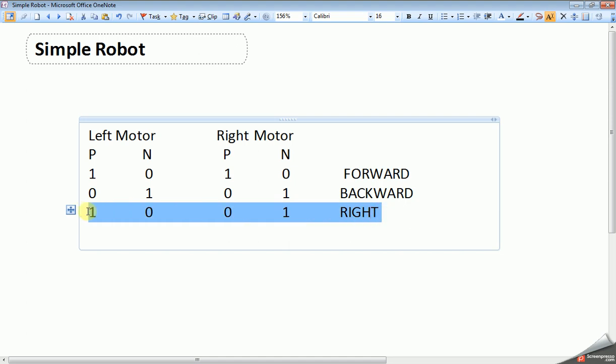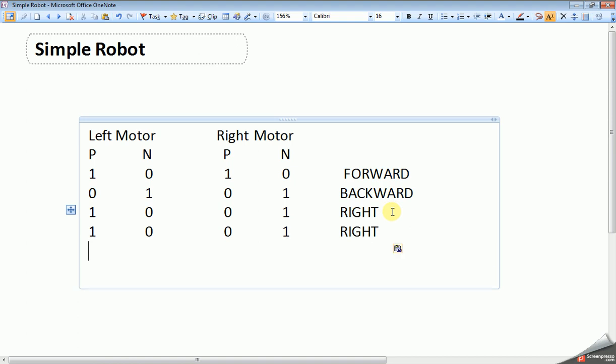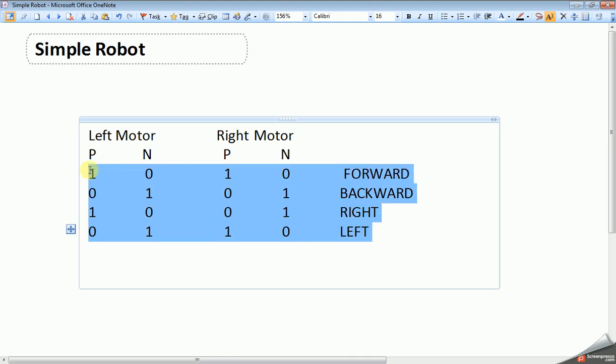Then the robot will move to the right. For left, the left motor has to rotate anti-clockwise, that is 0 1, and the right motor has to rotate clockwise. These are the logics we need to write in our program to move the robot in different directions.